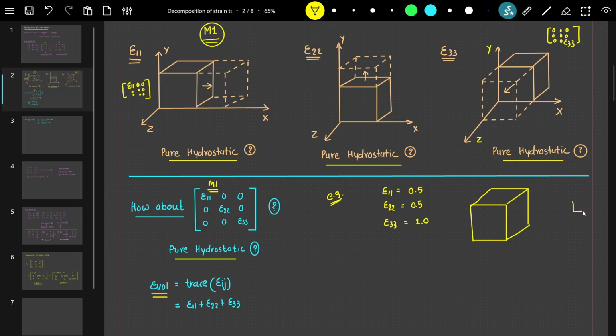Say this is x, y, and z. If epsilon 1 1 is 0.5 and it is a 1 by 1 by 1 cube, so this side will have 0.5. It is a 50% strain, so we can say it is deformed by 0.5 in x direction,